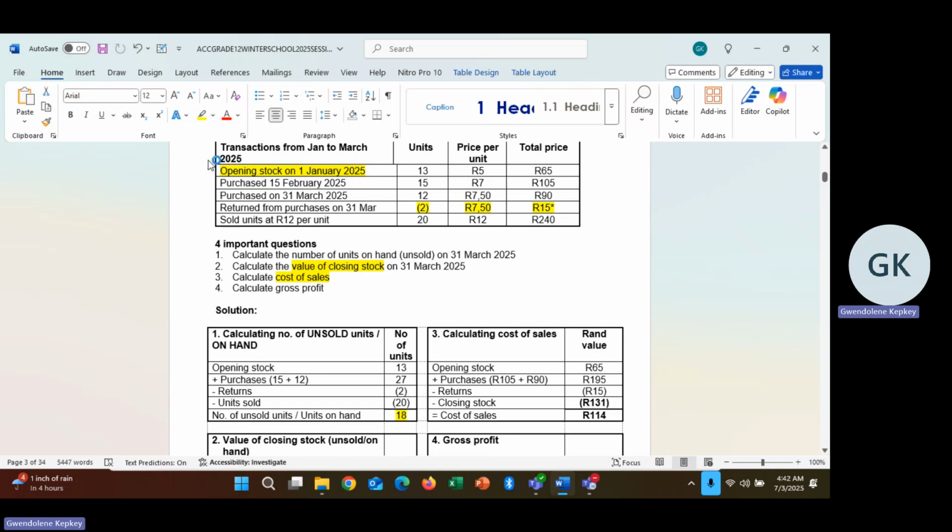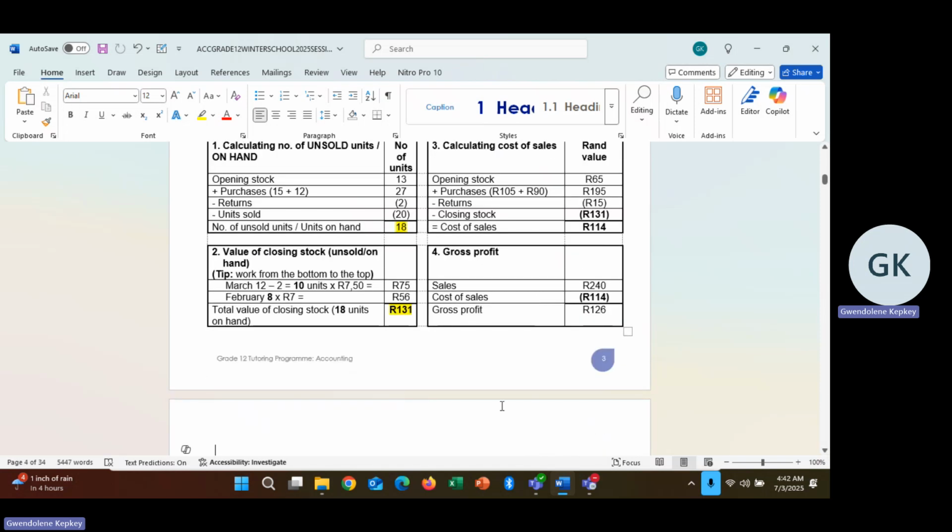2 items, but the Rand value of those items is 15. Therefore, it comes in brackets. We are deducting the returns. We have now, just in the prior question, calculated what the closing stock value is. Do you recall the 131? Therefore, we take this 131, which is my closing stock. I will deduct it from what I have now just done previously. If I do so, I come to cost of sales value of